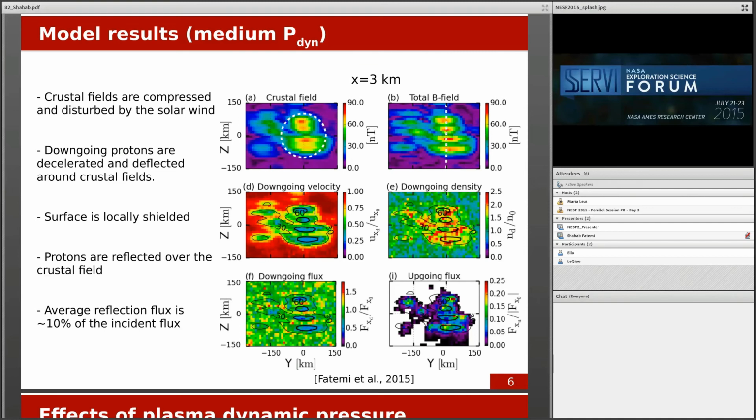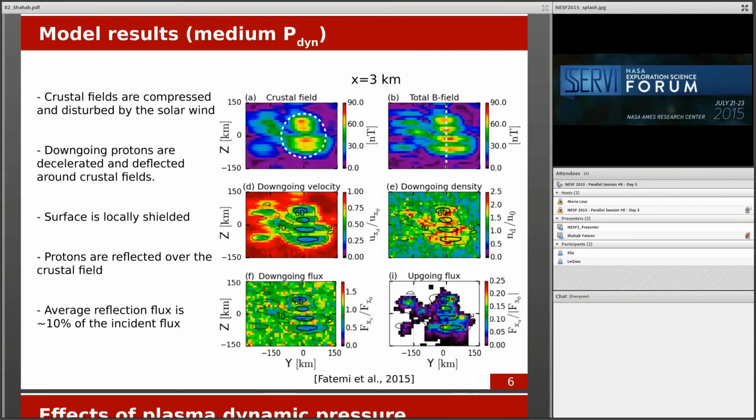The top right panel shows the total magnetic field. That's the crustal fields plus solar wind fields. We see that the crustal fields are compressed and disturbed by the solar wind. The panels in the middle show the moonward going or down-going proton velocity and density. The contour lines show the strength of the magnetic field. We see that the solar wind velocity is decreased over the crustal fields, and the density plot,